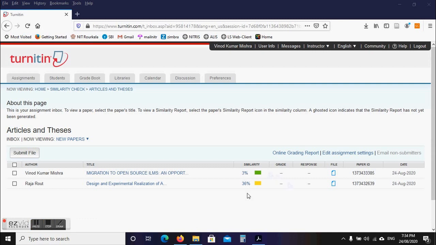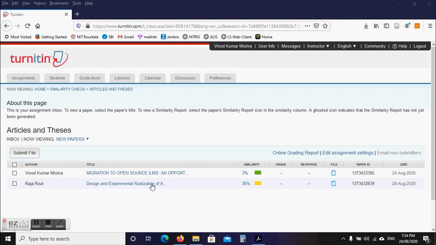Now the similarity index is ready for the other document also, and you can see there are green marks, yellow marks, and sometimes red also. Turnitin has configured it in such a way that if it is more than 50%, it will show red. If less than 50%, it will show yellow. Less than 30%, it will show green. So it's a Turnitin default setting.